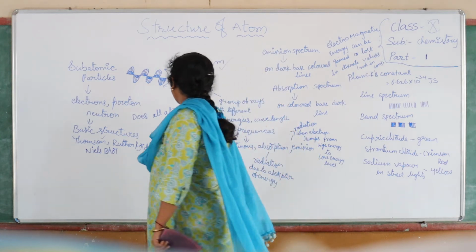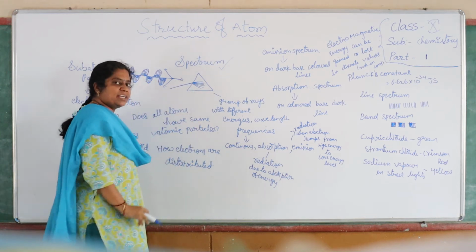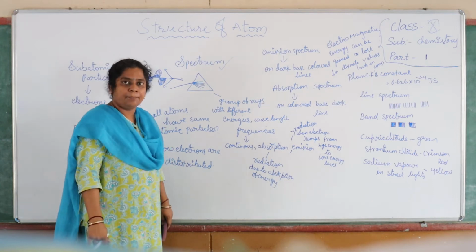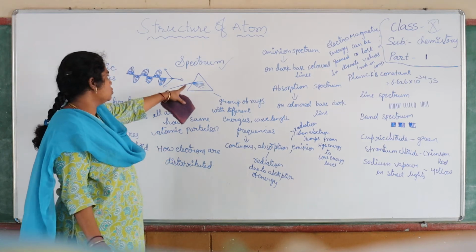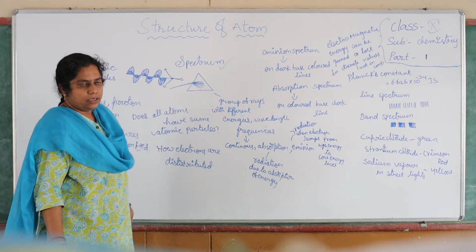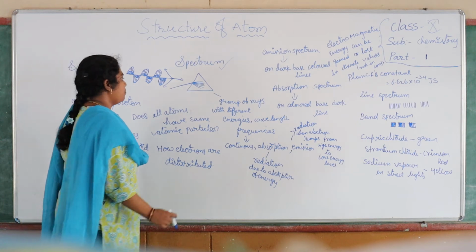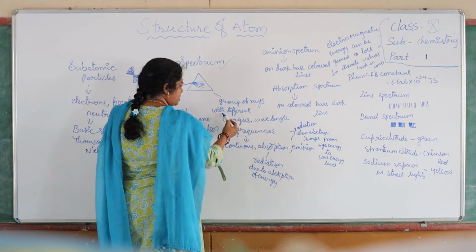I told you that when white light falls on any prism or any transparent medium, it will split into 7 colors. I told you that. So, what is a spectrum? A spectrum is a group of rays with different